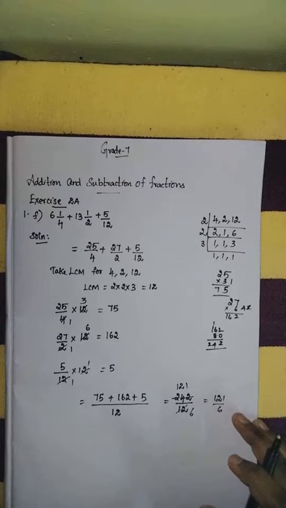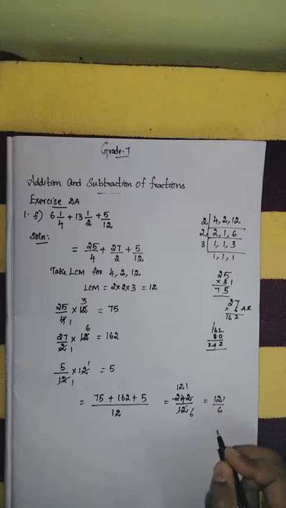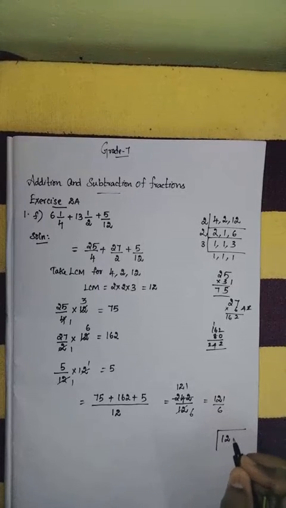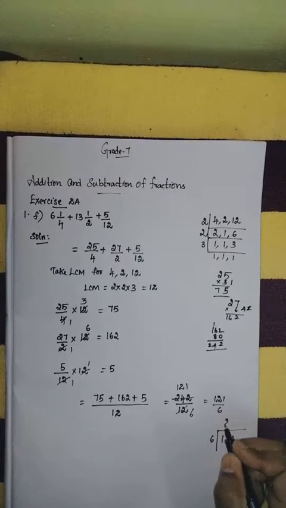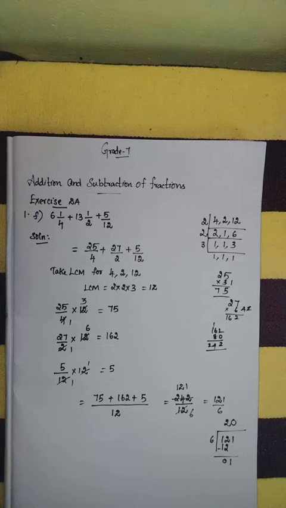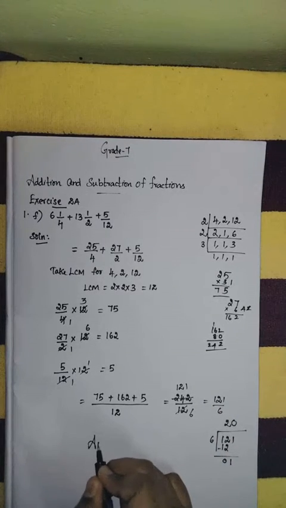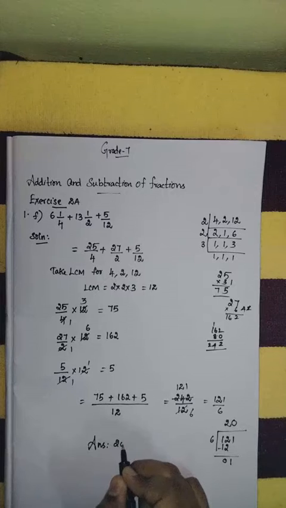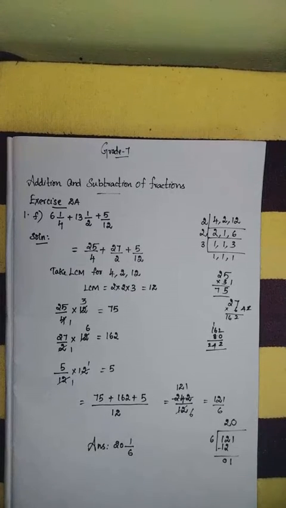So this is in the form of improper fraction. So convert it into mixed fraction. 121 divided by 6. So 2 6s are 12. So when you are subtracting, you will be getting the remainder 0, then 1. So 1 we can't divide. So put the 0 in the numerator. So your answer is 21 by 6. This is your answer. Okay.